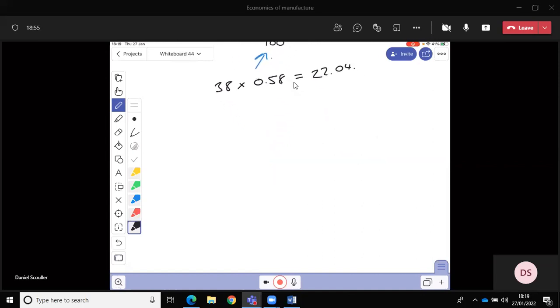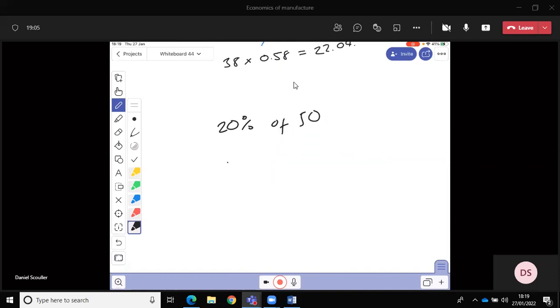An easier one. If we get asked to find 20% of 50, that just means 50 multiplied by 20 over 100, which would give us 10. We could also simplify that 20 over 100 down, that's actually just a fifth,